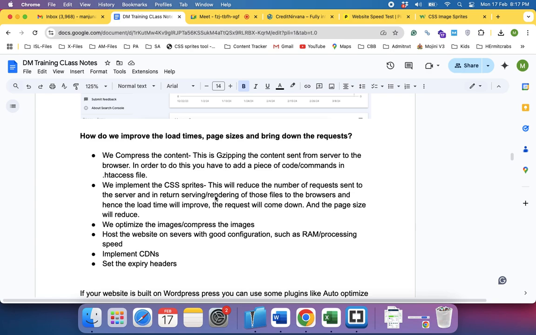Expires active on. I can set the expiry to 1 month, 1 year. This is usually for returning users. You are a returning user, you are not visiting for the first time. So if you are a returning user,